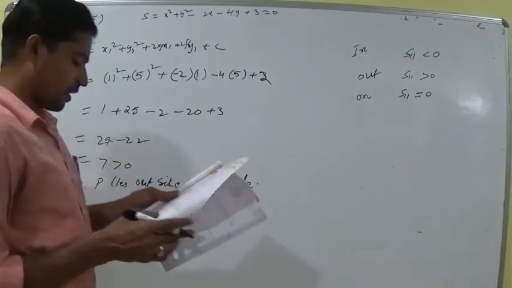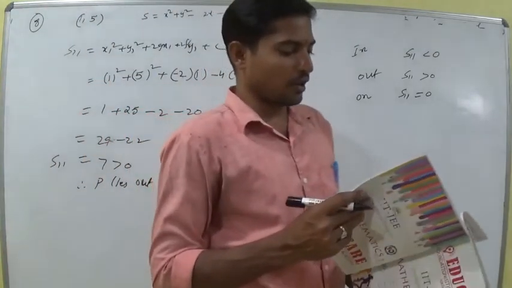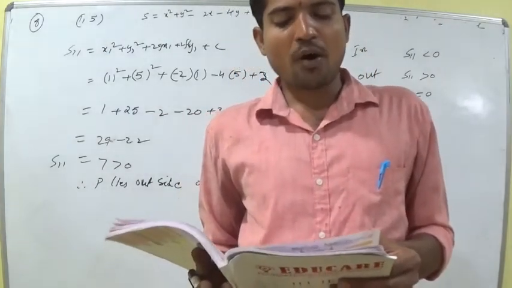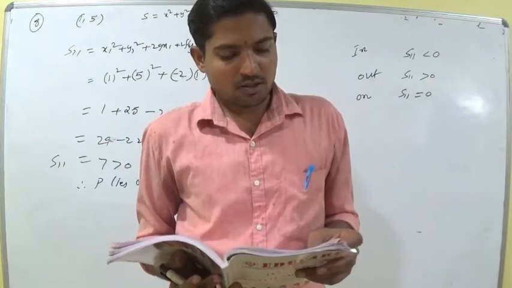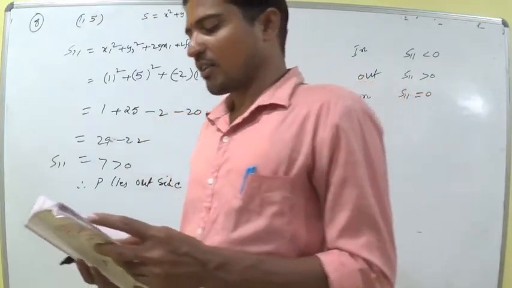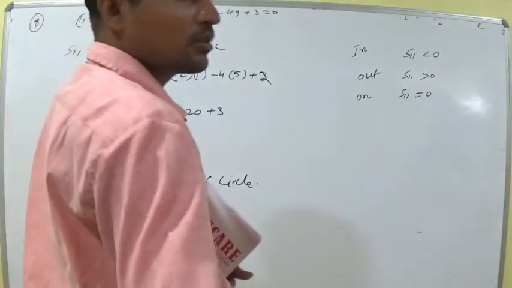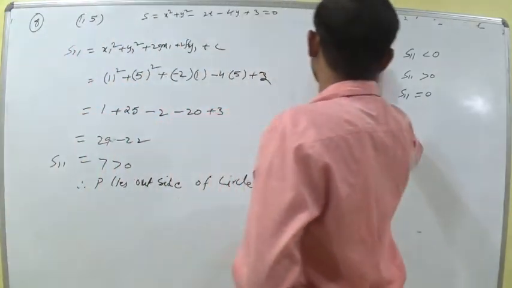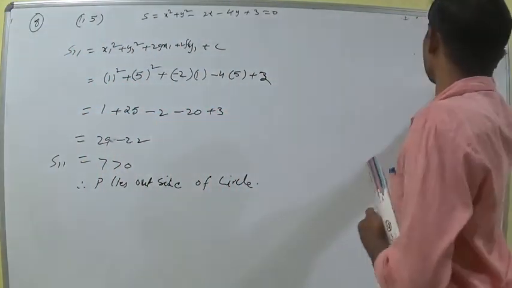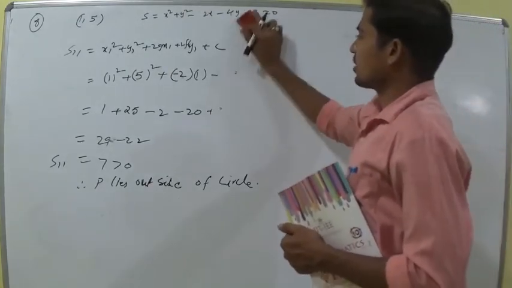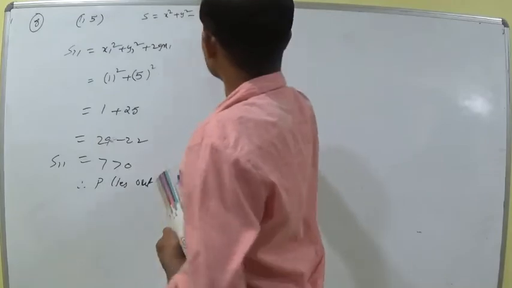Next, 9th one and 10th one, same process. Now 11th one. The power of the points A, B, C, D are given here. A I will explain, and the remaining B, C, D you can do. Already explained power of a point also, no need to explain again and again. But once again I am repeating that.